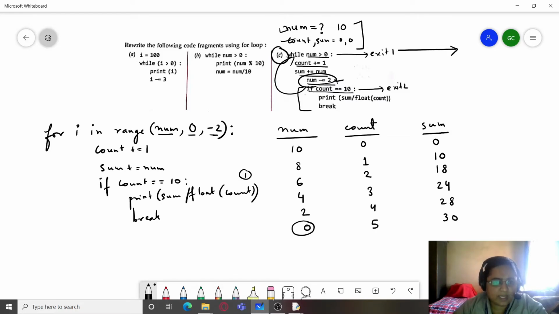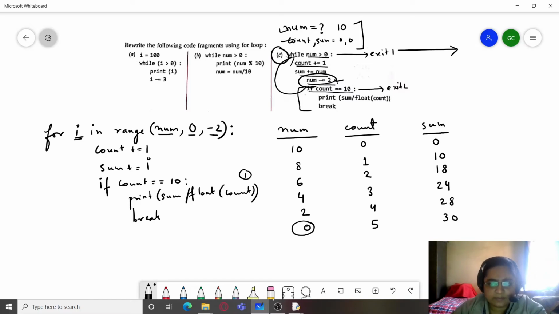So this is what we have written over here, but here also we need to change, because here num was always getting updated itself. So sum plus equal to num. But here if we write num, num is not actually changing. What is changing? i. So instead of num, we will take the value i. Because in the while loop we were changing the value of num within the loop body, but here num is not getting updated, rather i is the one which is getting updated. So here I will write sum plus equal to i. And now let us see the dry run for this.